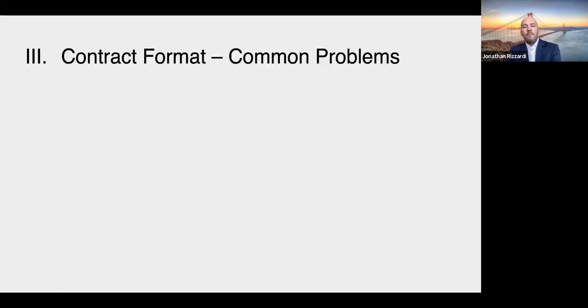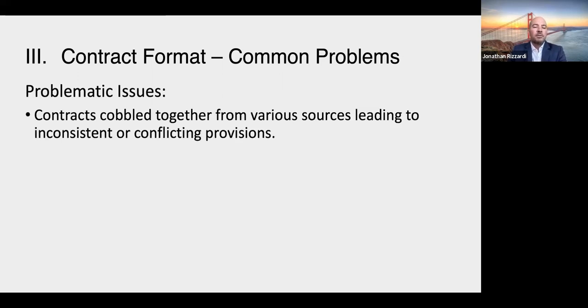So format. These are some of the issues I see with clients coming to me with questions about what should my contract look like? What form should I use if I'm using AIA? Some of the problem issues I see, a really common one is, they'll have a contract that's cobbled together from maybe a firm they worked for a decade ago, and then it's got a provision from a project that they worked on, and there was some issue that prompted them to add that provision, and then they got some legal advice, et cetera. So the end result, though, is